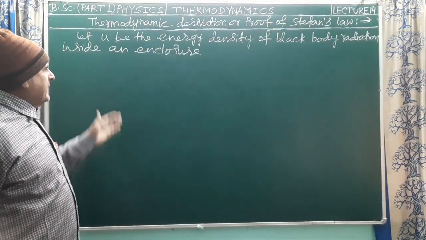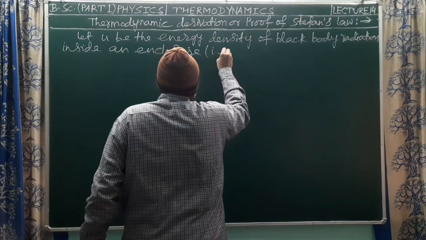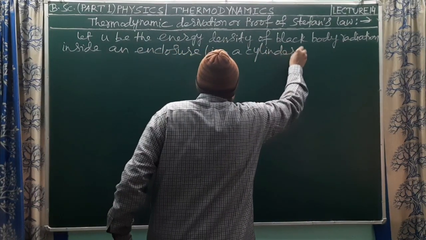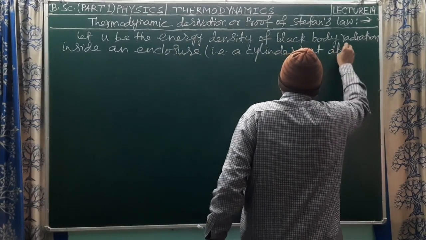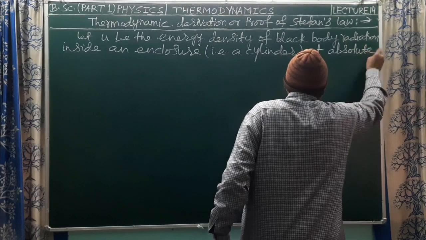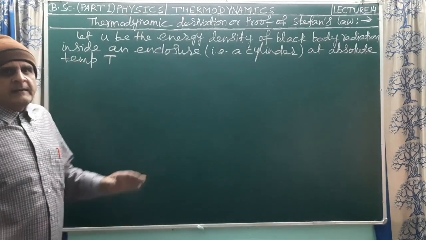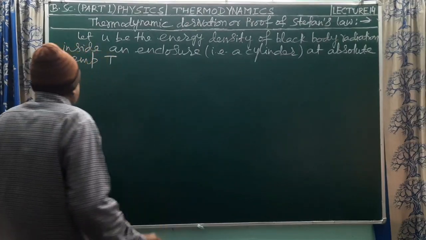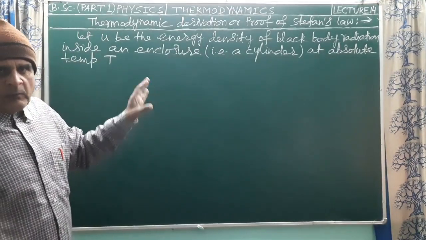We have taken enclosure as a cylinder, that is a cylinder at absolute temperature capital T. इंक्लोजर के interior walls का temperature capital T है, जिसके साथ black body radiation thermal equilibrium में है।